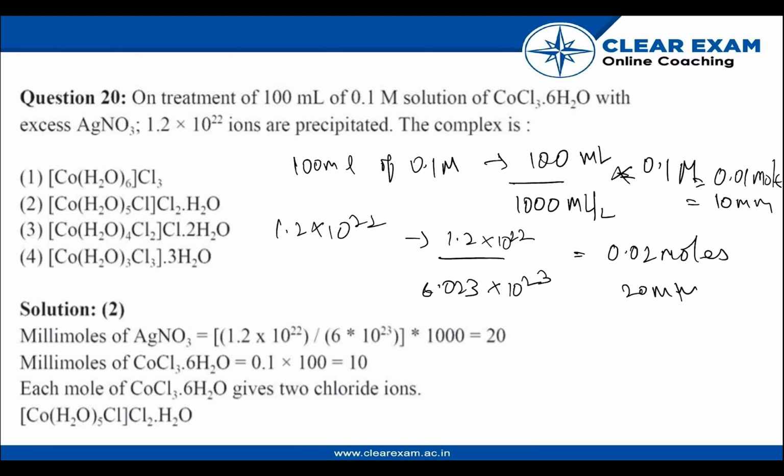Now 0.01 moles of CoCl3.6H2O reacts with excess AgNO3 to form 0.02 moles of AgCl precipitate. Thus, from one molecule of CoCl3.6H2O, two chloride ions are displaced. So the resulting complex is